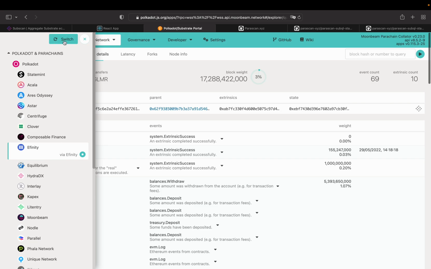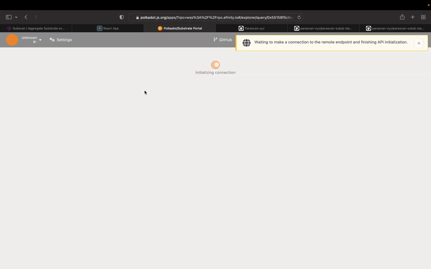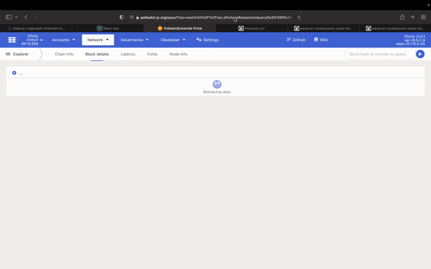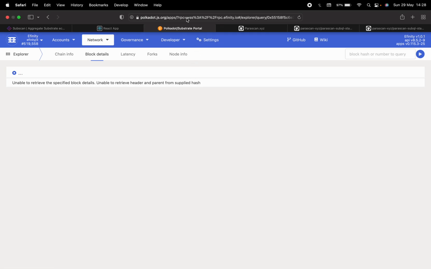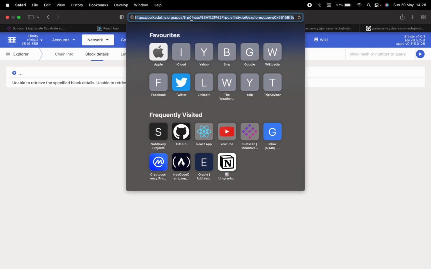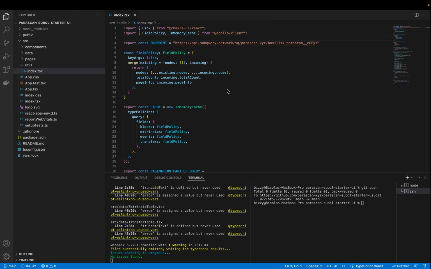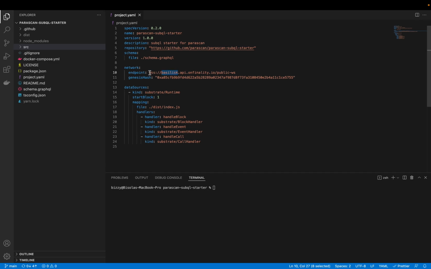So we're going to switch network. We need two things: the network endpoint and the genesis hash. To get the network, we can check the documentation of the project, but we can also use the URL because it usually contains the WebSocket endpoint. So let me